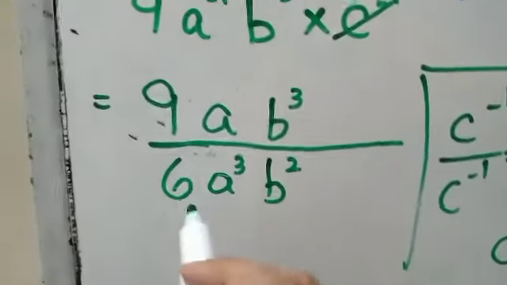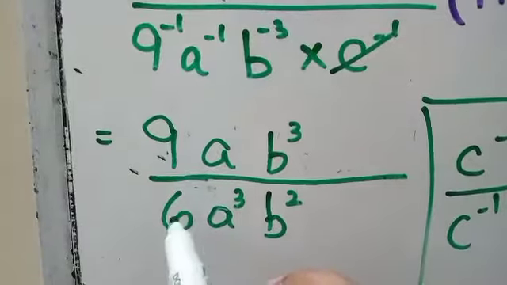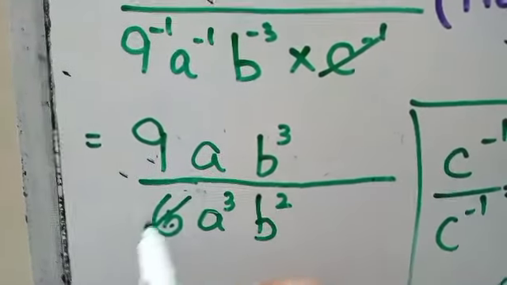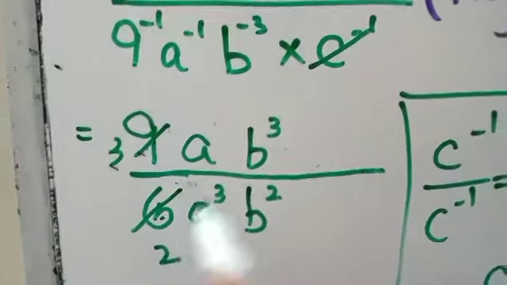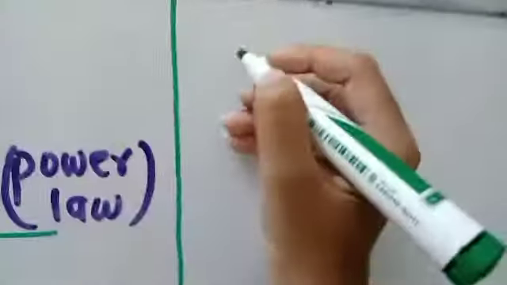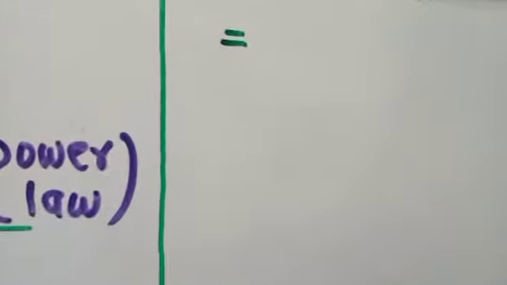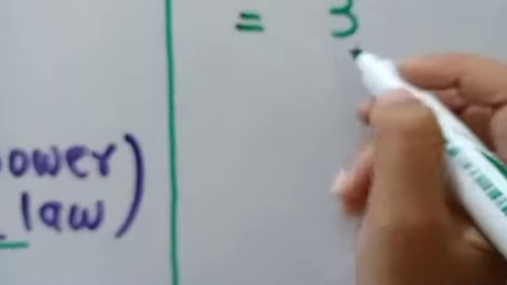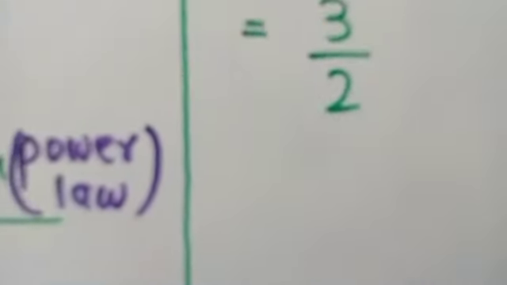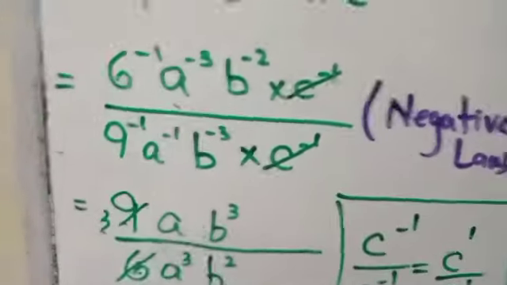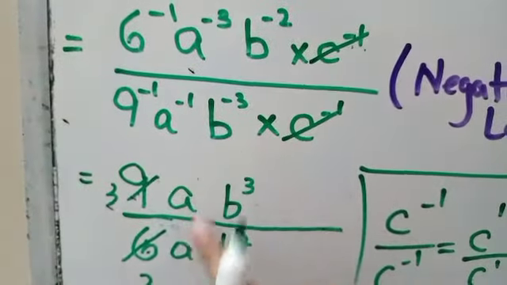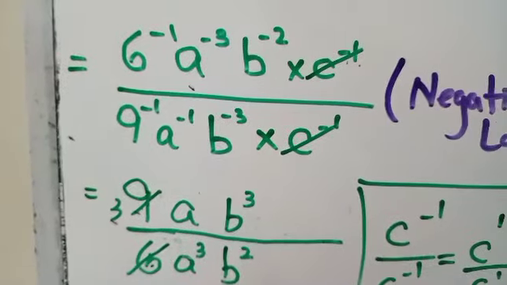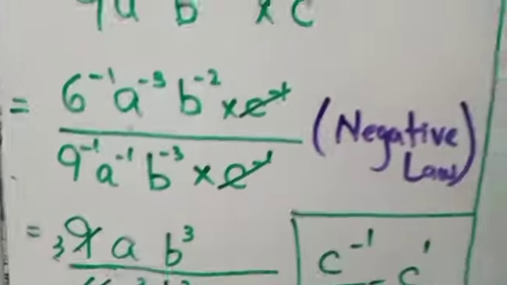Now what I will do in the next step, I will cut 6, I will reduce 9 and 6. 6 is 3 twos, 9 is 3 threes. Now come over here and I'm doing this work on this side. Now I have 3 over here and 2 over here. I'm just separating my fractions. Now you can see I will simply apply same base quotient law over here.